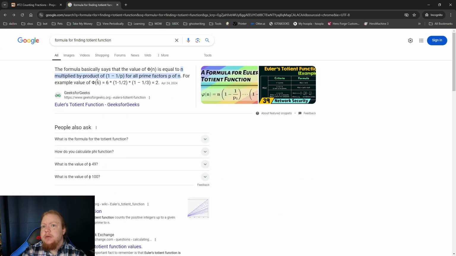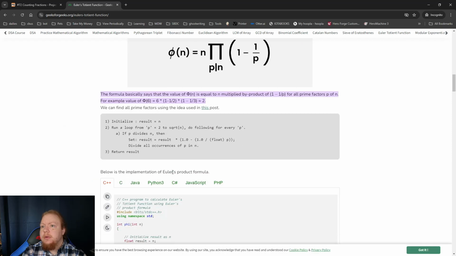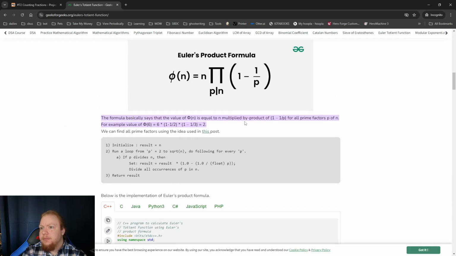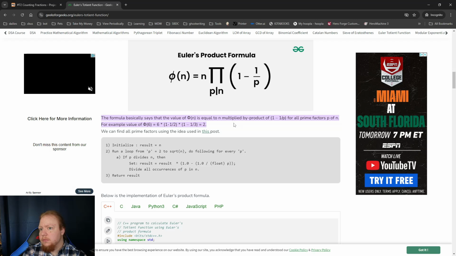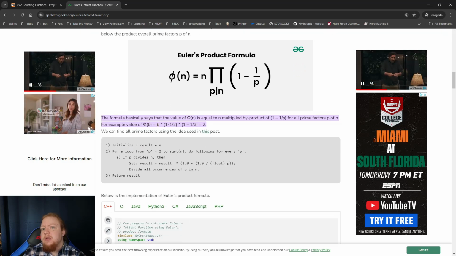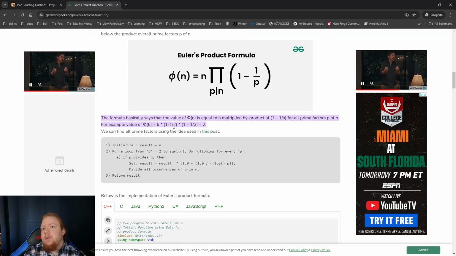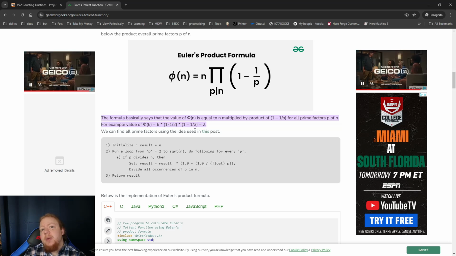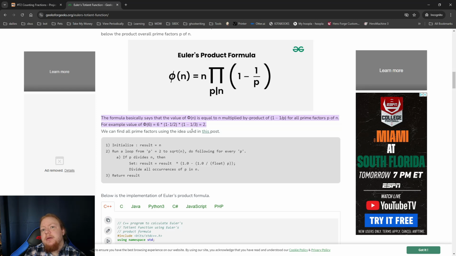Let's go back to that other article. So, in other words, for 6, 6 divided by 2, then times 2, then divided by 3. So 3 times 2 is 6, divided by 3 is 2. Looks silly for 6, but